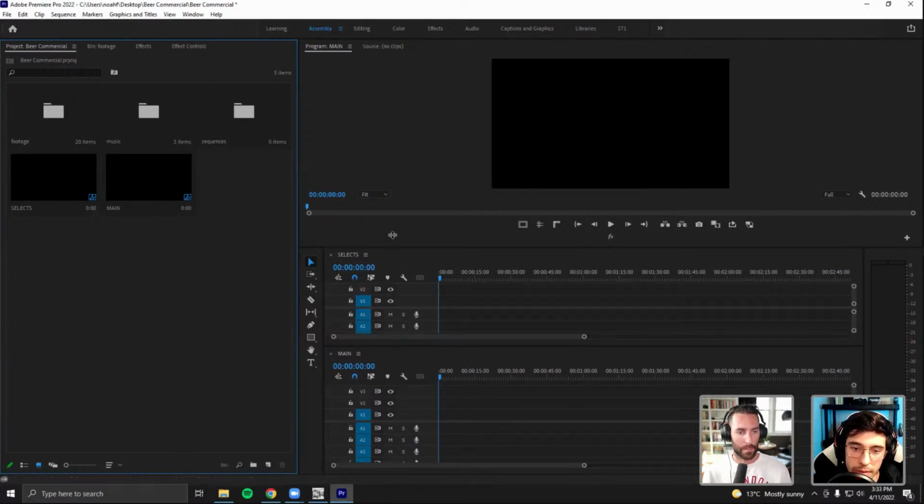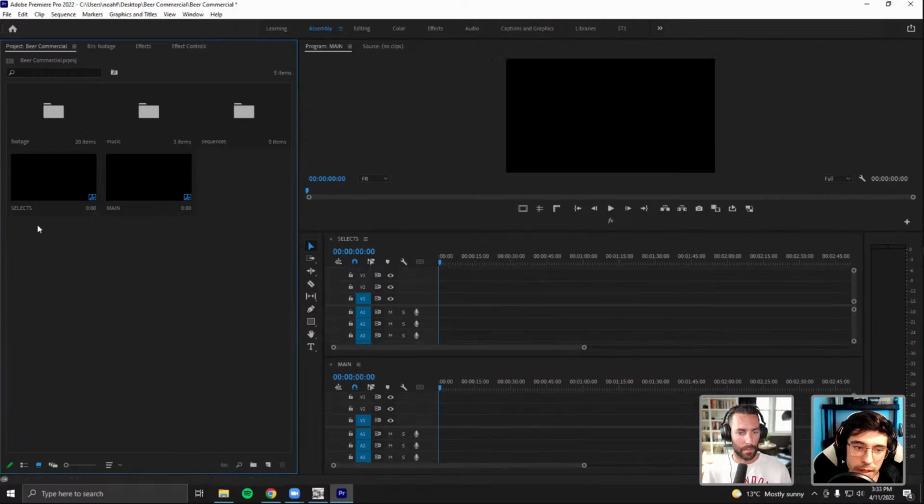And you can even do that. I think organizing your footage in sequences is actually a good idea, even beyond selects. You can get more specific, like wide shots, close-ups, different ways of organizing it, which kind of helps. I like to think of it as a painter's palette.